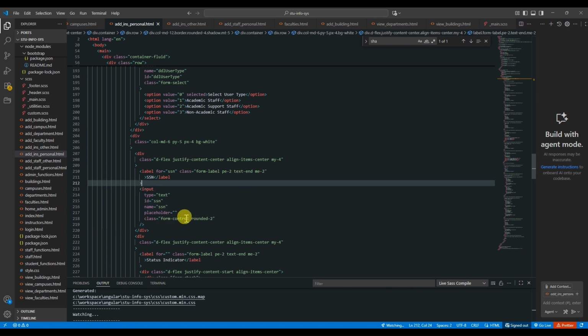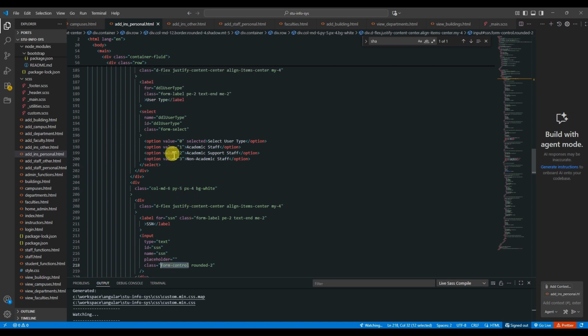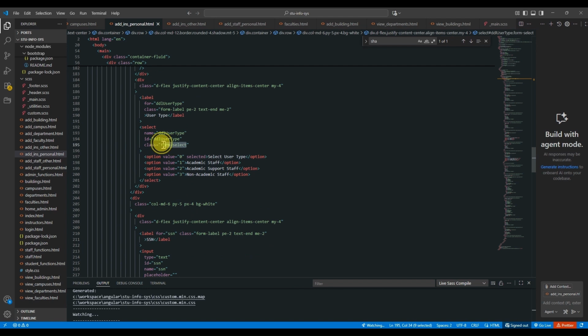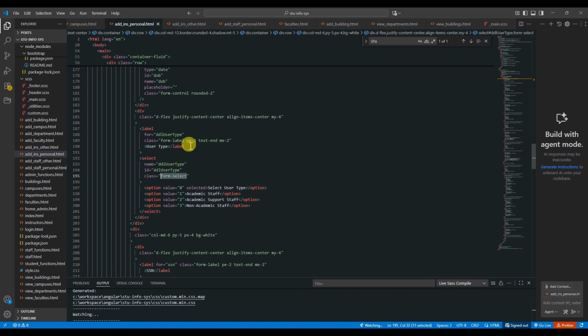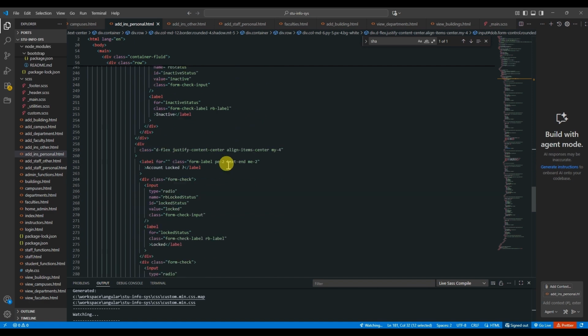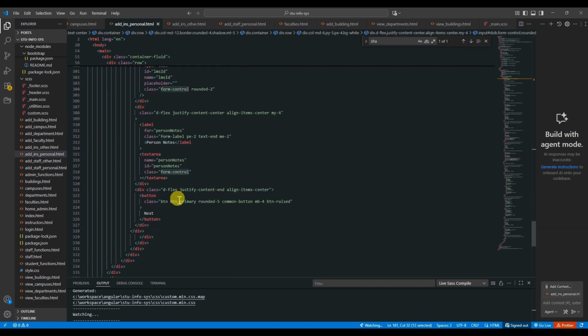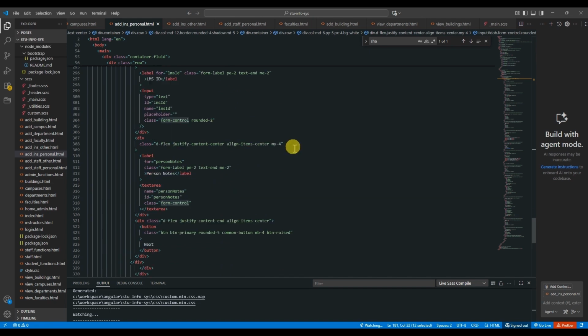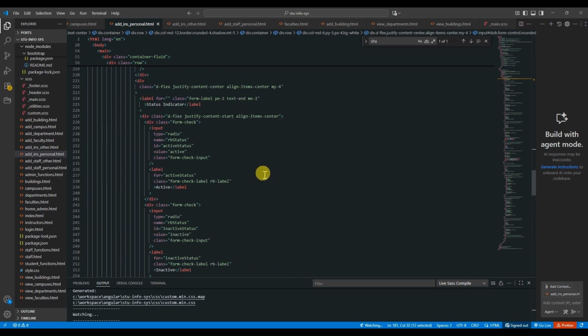Every input element we have added this form-control. In the select box we added form-select, but still it is a bootstrap class. And all other text boxes we added form-control. Even for the text area also we added this form-control. That's the class these radio buttons are missing at the moment. So if I add this form-control to the